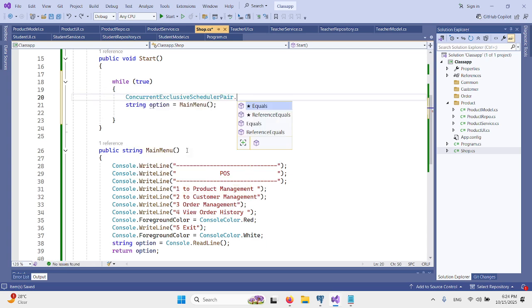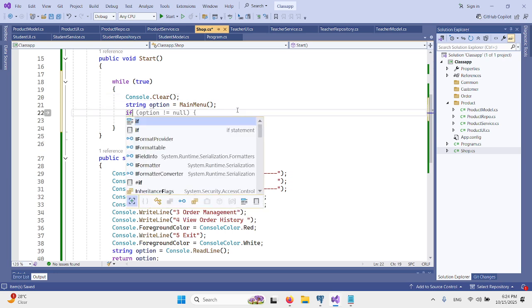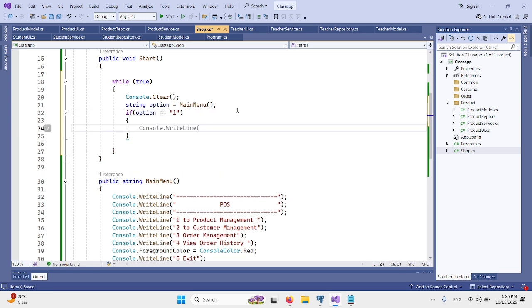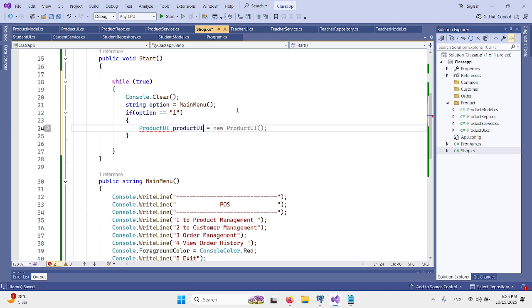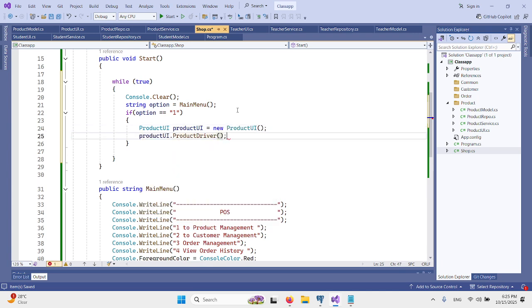Every time we console clear it, console dot clear, and here if option is equal to 1, what you have to do? We will create the object of product UI, and we will call product UI dot driver code. So we will write the driver function. It will run the inner loop and all the functionality you will get there.